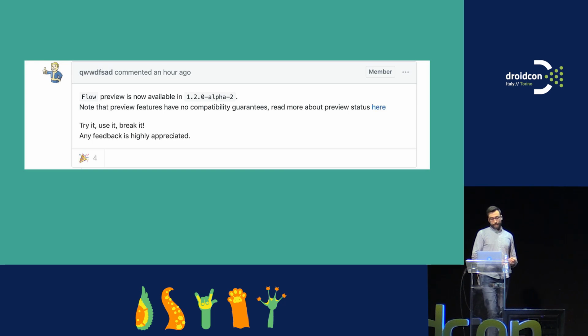The idea is that channels are hot streams. Hot streams means that you need to have two sides connected to that channel to receive information, right? A stream that is hot needs to have two parts connected for the data to be interchanged. Our example, for example, is the cold stream, which means that you don't need to have someone observing on that stream. You just have to do it, and the stream will be sending data, and then if there is someone connected, you will receive the data. If there isn't, data will still be computed.